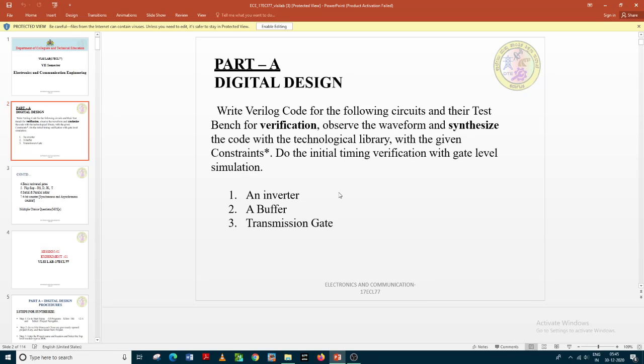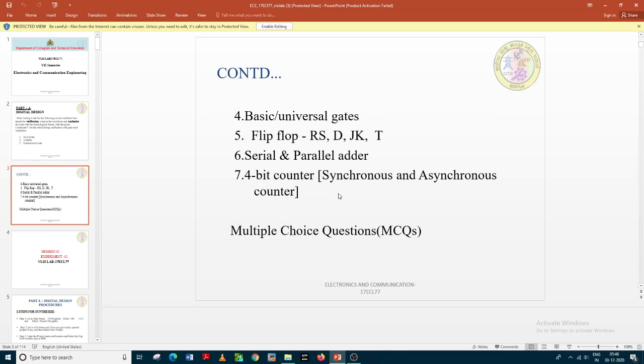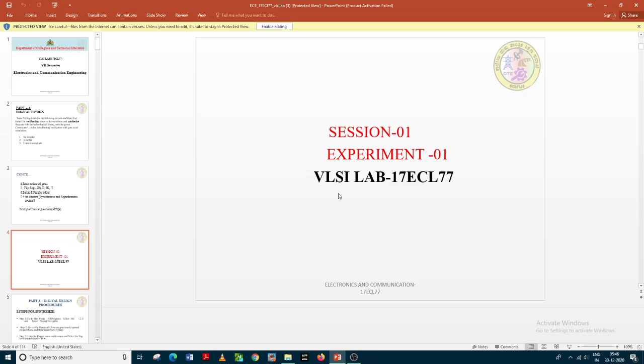In the digital part, you are going to write a Verilog code for the following circuits and their test bench for verification, observing the waveform, and synthesizing the code for the different types of circuits that we have studied in the previous semesters, like inverter, buffer, transmission gate, basic and universal gates, flip-flops, serial and parallel adders, synchronous and asynchronous counter. And at the end of each session, we will be learning some multiple choice questions. In session 1, the experiment 1 is about the